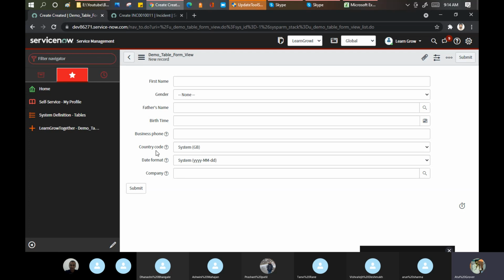But in that reference table, he is able to get all the attributes which Atul contains. Atul's date of birth, Atul's Facebook ID, Atul's LinkedIn ID, everything you can find now. So this is the way the architect designed the form: if I want to show something to the customer which is not in my table, can I use some other table as a reference and bring the fields onto my form here?